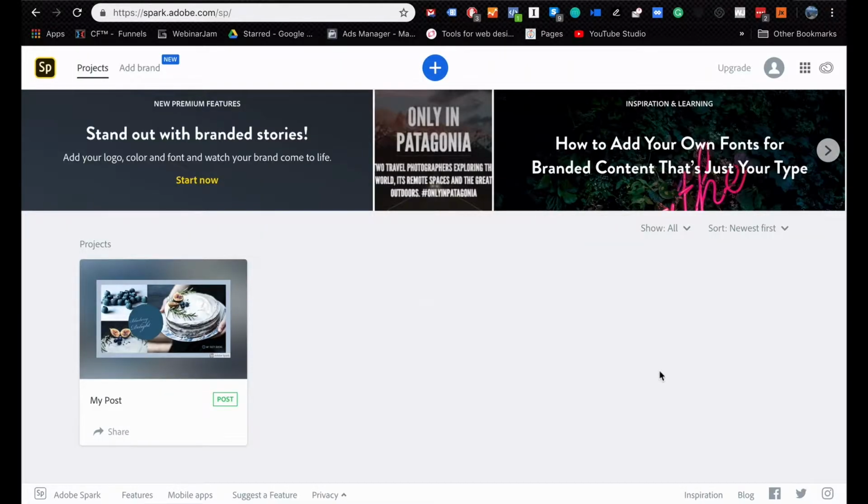Okay, the first time you log into Adobe Spark, you're going to be presented with a blank screen that looks like this. Spark is a program that allows you to create graphics and customize graphics to be able to use those graphics for just about anything that you want. It could be for social media posts, it could be for your business, it could be for a project or a poster of some sort. I'm going to show you today how we can use Spark to create the images that you need for your order board. So by pressing on the plus button at the top here, you are presented with a couple of different options